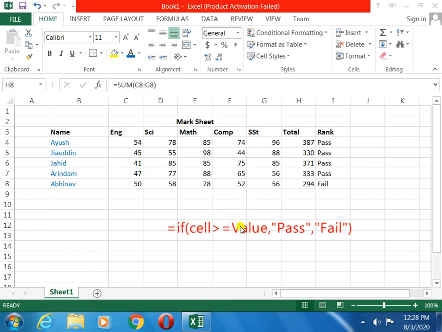If you want, you can give 200, 300, 400, whatever value, then you give the pass. If suppose you want to say more than 200 are passed, you will write here 200. Then within double quotation the first is the correct statement, and the second, the wrong one, means fail. This is the condition for how to check pass and fail in Excel.